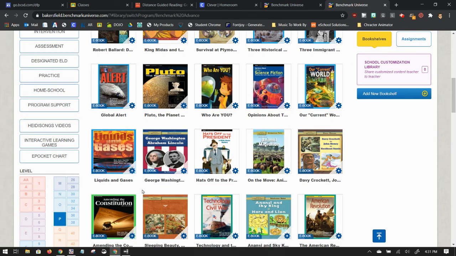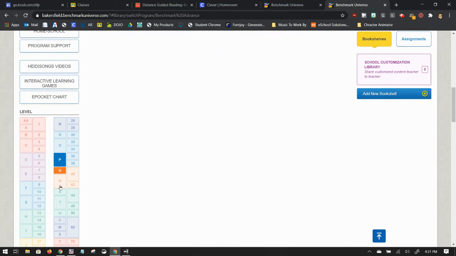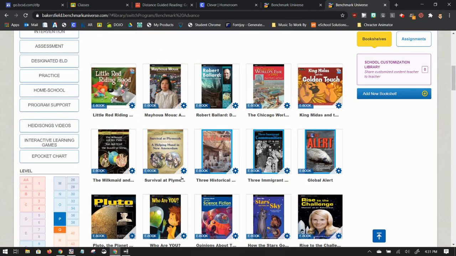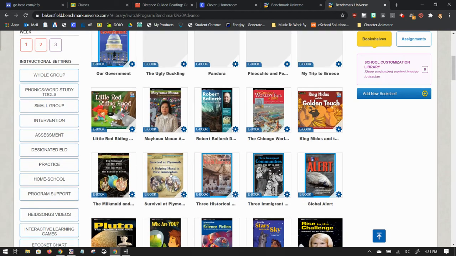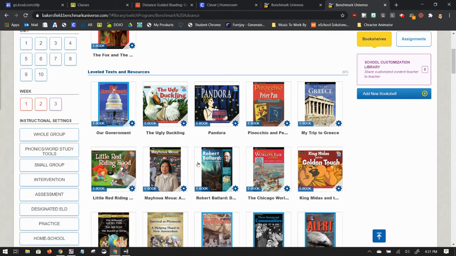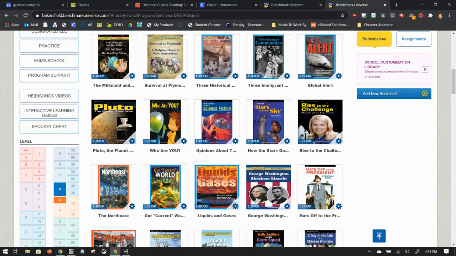If I wanted to expand my search and include additional letters, I could click Q, and now it will show P and Q level books. So I'm looking for informational, and let's see here. What is this? Rise to the Challenge. If I don't want to open it, I want information, I can click on this gear, click on more information,